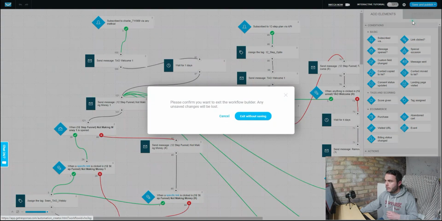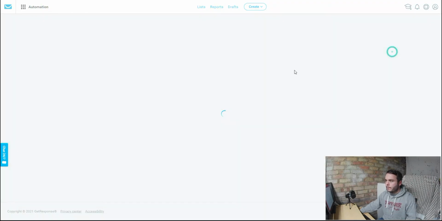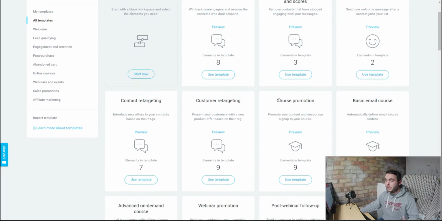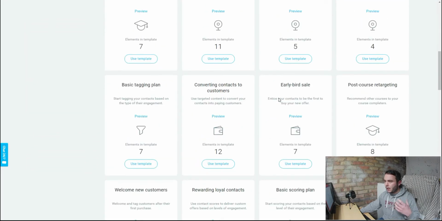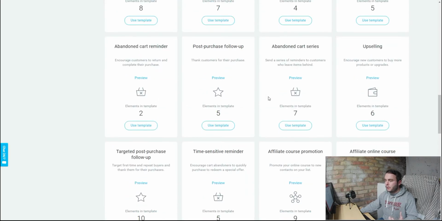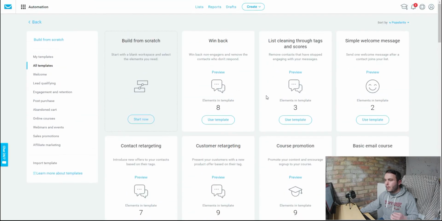So if I come back out of here and we go and create a workflow, that's how you're going to start off, and you'll see there's a whole host of different templates in here that you can use that Getresponse has given you. There's loads and loads of different ones in here depending on what niche, what business you're in. You can go and use some of them to get you started if you want, but what I do recommend